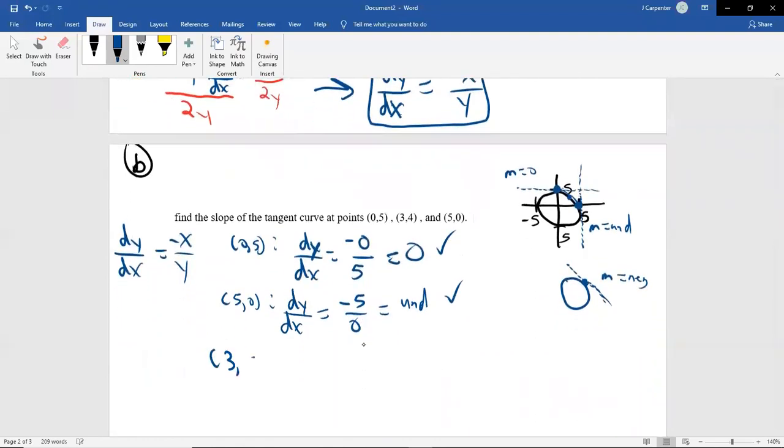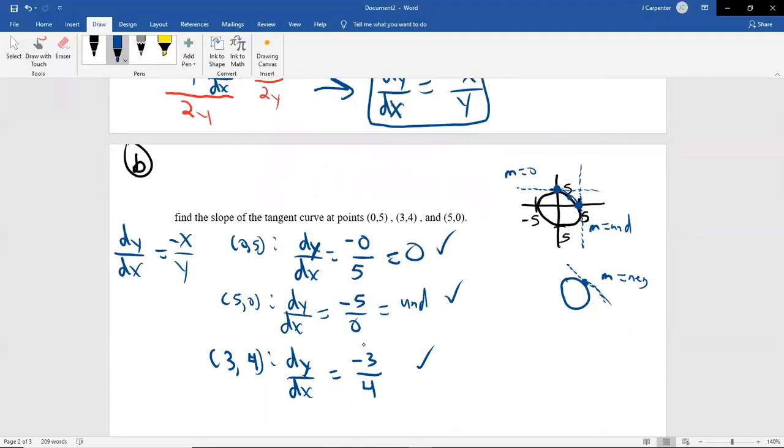And at the point (3, 4), some random value in between those two, our dy/dx, our slope, would be negative x over y, so negative 3 over 4, and that's at least a negative, so that sounds good. I can't really judge the size of it. I would say that doesn't look like a super steep line. It looks like it's pretty close to 1 if I'm drawing that to scale, and that number is pretty close to 1, more specifically negative 1.